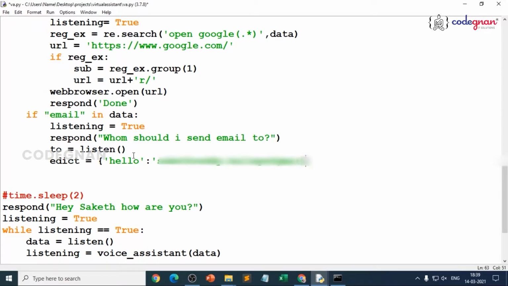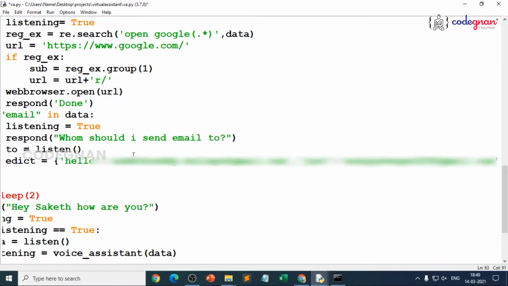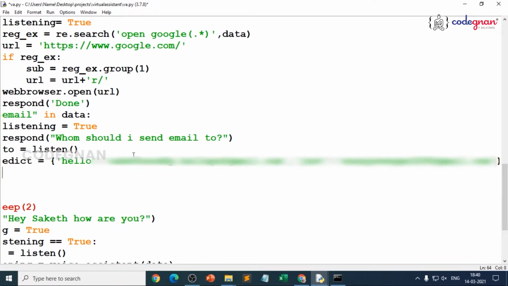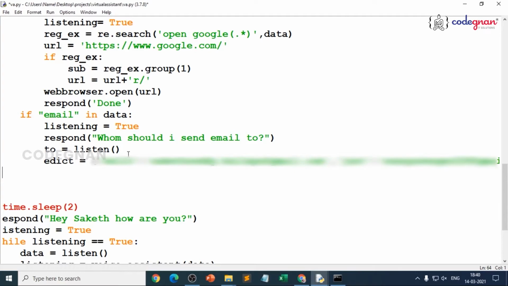That's up to you. So if I say hello, that means I'm making sure that I'll send the email to this particular person. Then if I give something like just, that is a key, and you can mention another email ID also, whatever you want to give. You can write the dictionary completely and execute it. It's up to you how many mail IDs you want. You can mention them in the dictionary itself. So here, hello is the first person's email ID. Just is another person's email ID.